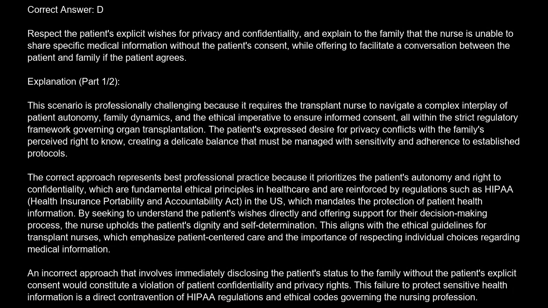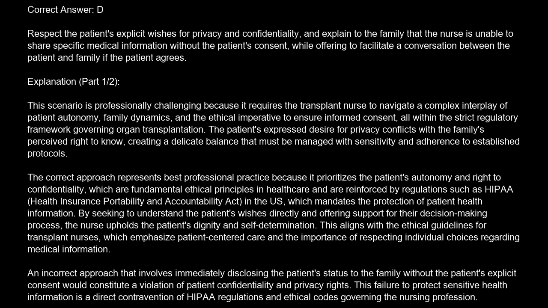The correct answer is D. Respect the patient's explicit wishes for privacy and confidentiality, and explain to the family that the nurse is unable to share specific medical information without the patient's consent, while offering to facilitate a conversation between the patient and family if the patient agrees. Explanation. This scenario is professionally challenging because it requires the transplant nurse to navigate a complex interplay